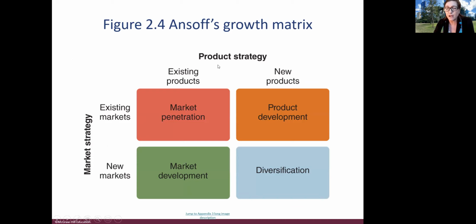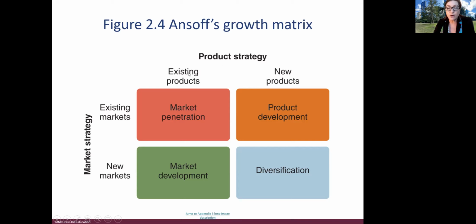On the horizontal axis, we are talking about product strategy, whether we are focused on our existing products or whether we are developing new products, right? So when we, the brand, we, the organization,